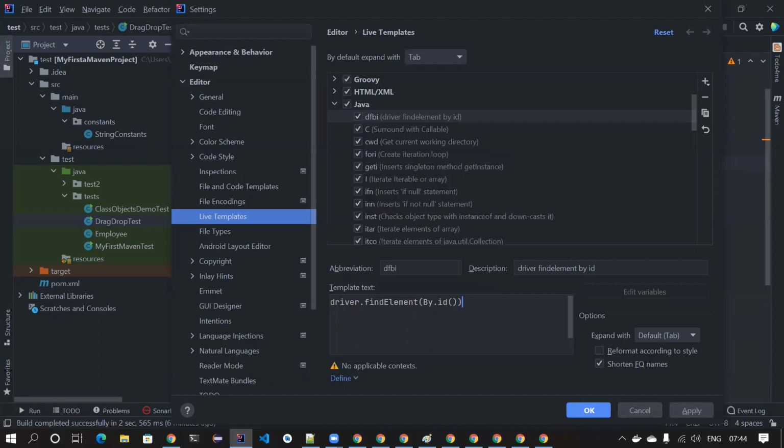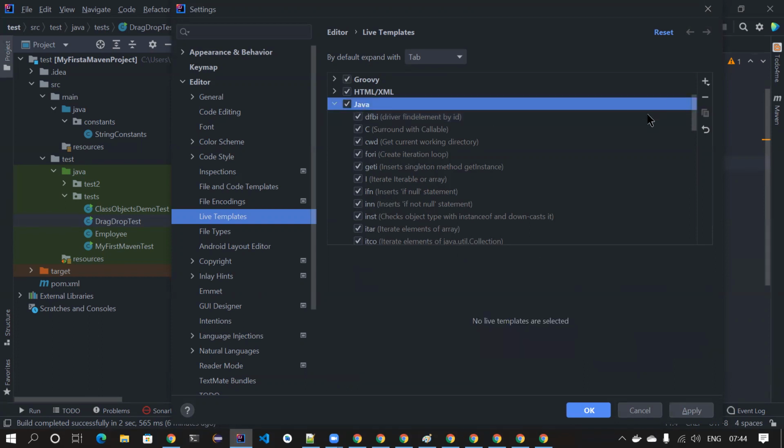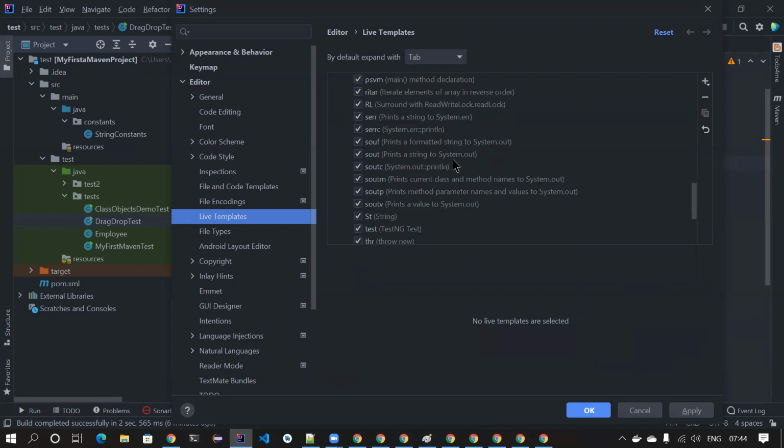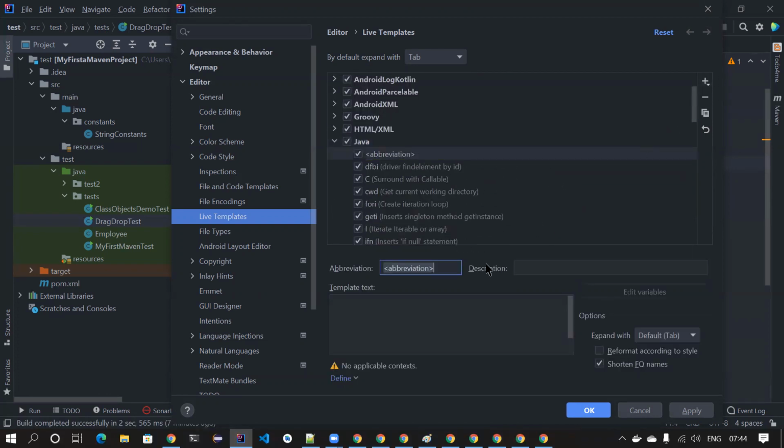and then you have something like this, and the control should be here, right? Let's say I want to put the control here. Now we have added this. Now we need to tell where it needs to be applied. Only inside Java. Sorry guys, I missed it. I will create it again, no problem. I just missed saving it. So dfbi and driver find element by ID,